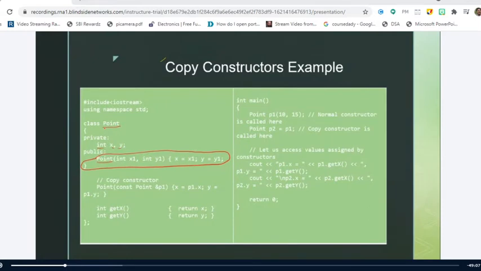So what is the function called which has the same name as that of the class? Anybody please respond. Constructor. Right.